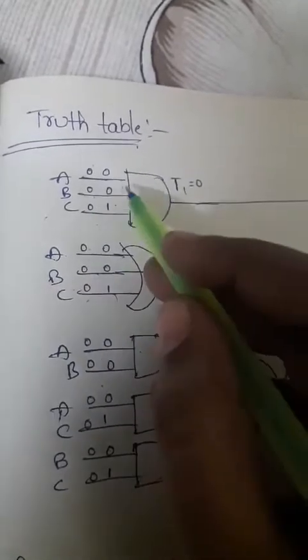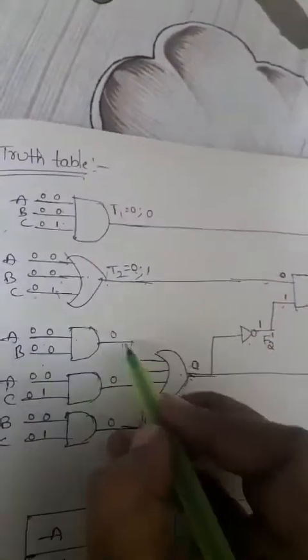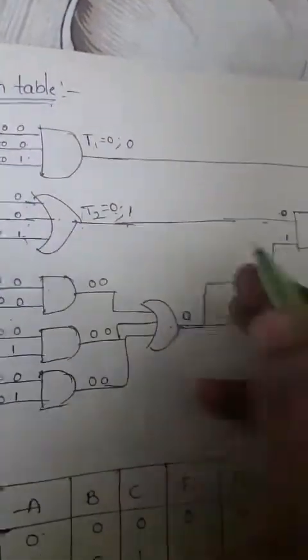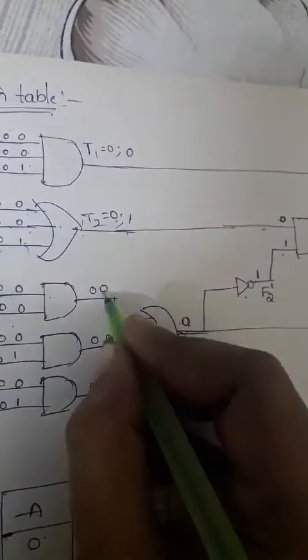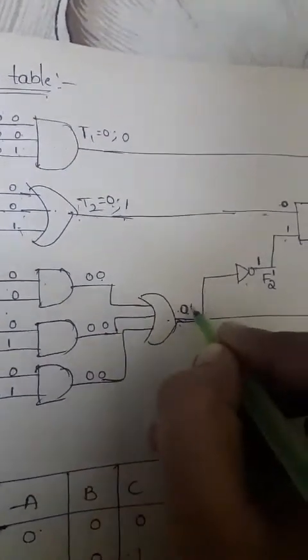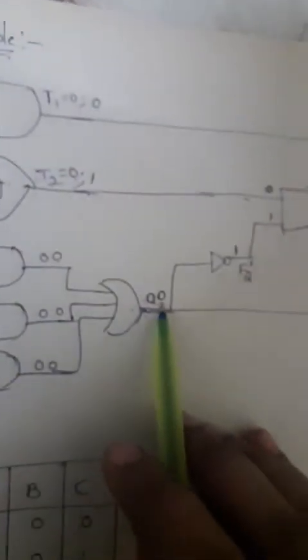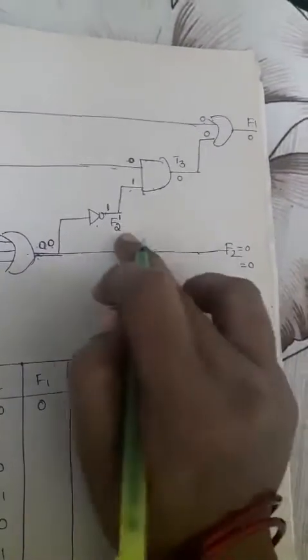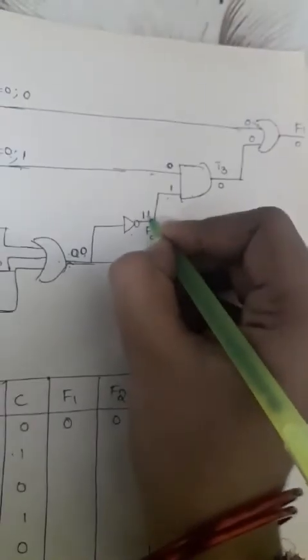By combining all these values, while multiplying these values, 0. Okay, 0 into 0, 0, 0 into 1, 0. So 0 plus 0, 0, 0 plus 1, 1. This is addition, OR gate, right? Next, these are all 0, so 0 into anything is 0. Then by combining these three values, 0 plus 0 plus 0, the result will be 0. So again this 0 complement is nothing but the second gate result is 0. Okay, that means F2 is again 0. So F2 complement is nothing but again we are getting the output is 1.